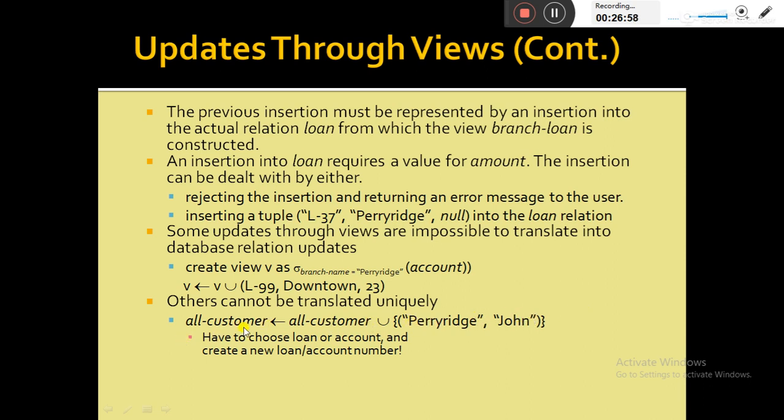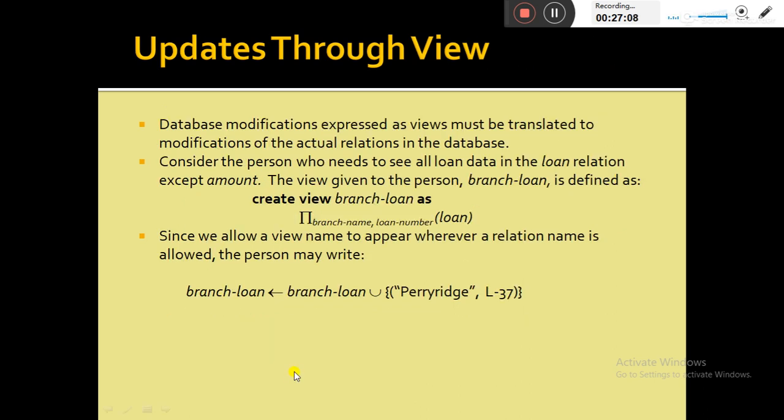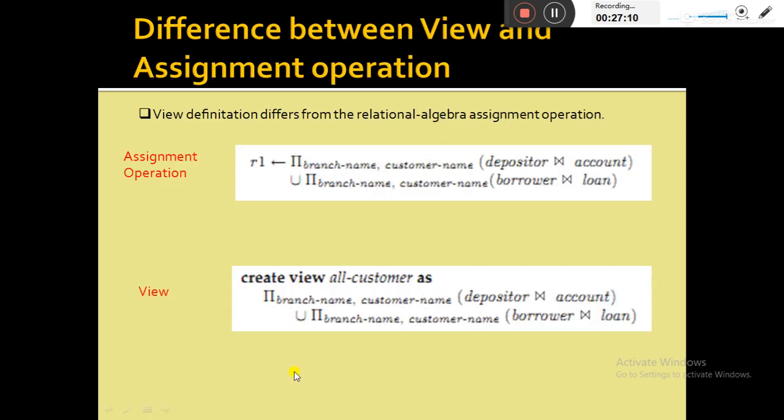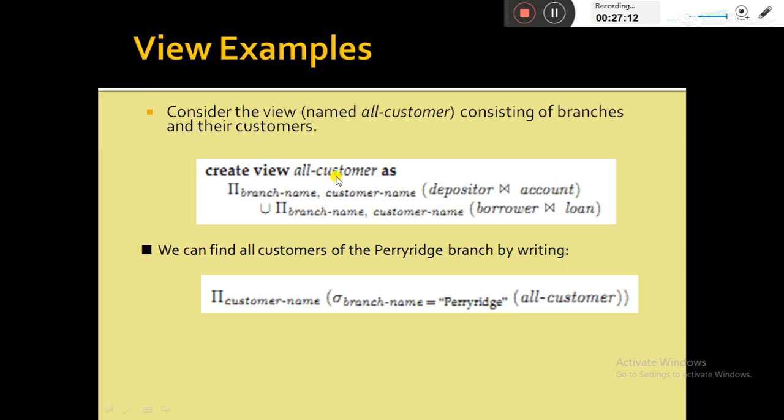That insertion should be reflected in the original relation. If you go back to the previous slide, the all customer view is generated from depositor, account, borrower, and loan. These four are the parent relations from which all customer is created.